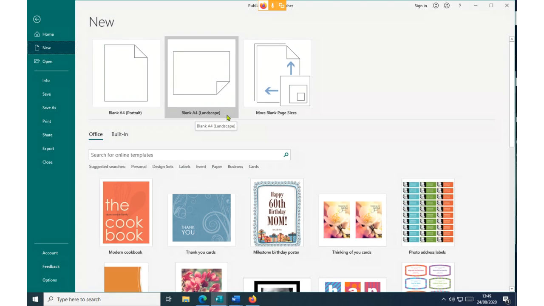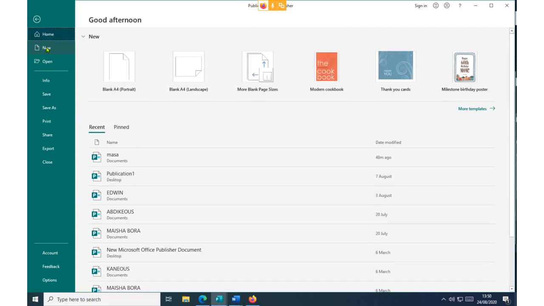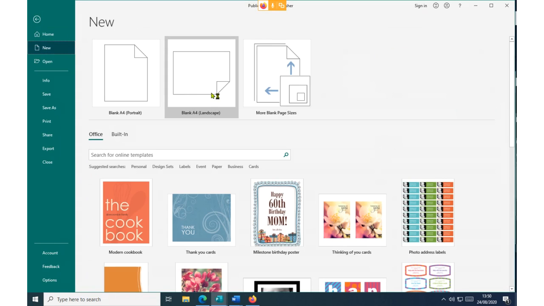When you divide your publication page into 2 columns in landscape, it looks very well spread for the purpose of putting information. Now, simple: step number 1, File. Step number 2, New. Step number 3, blank A4 size landscape. You click on it.